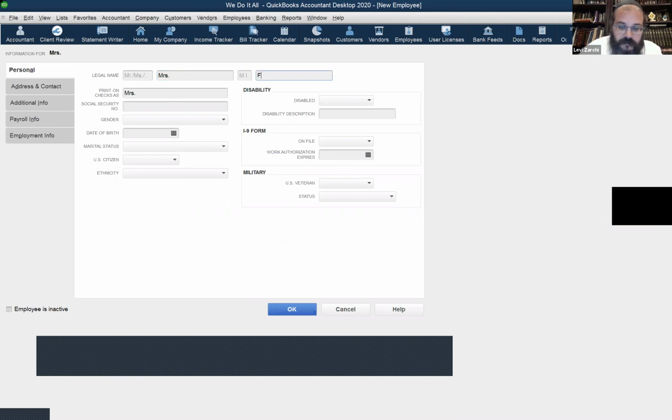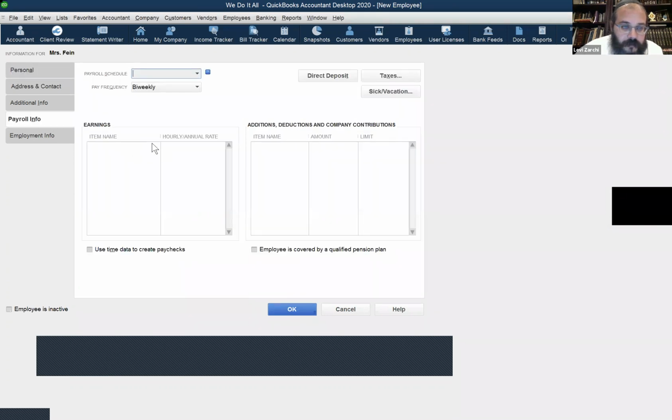We'll put in Mrs. Fine. Let me just use a name. And the item name here, we're going to use secretarial, or clerical. That seems to be a new catchy word. So we're going to have a clerical item